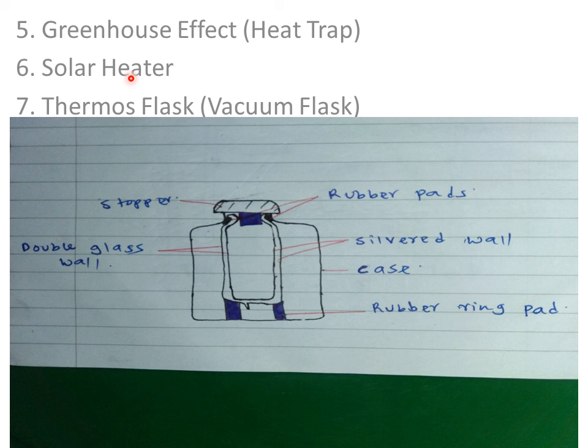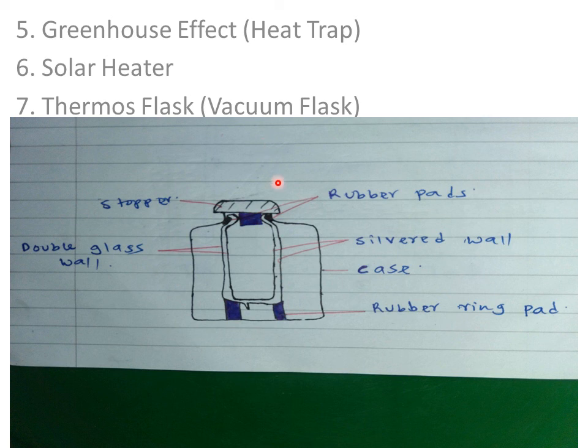Power. Then another application of thermal expansion, that is our last application, is what we call the thermos flask, or what sometimes we call a vacuum flask. So what is a thermos flask or a vacuum flask? A thermos flask is designed to keep its content at a fairly constant temperature by minimizing heat transfer between the contents of the flask and the surrounding environment.